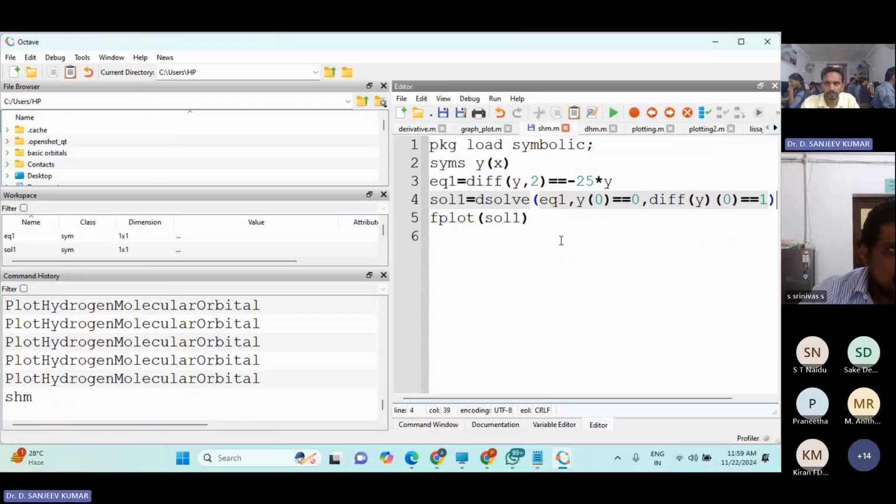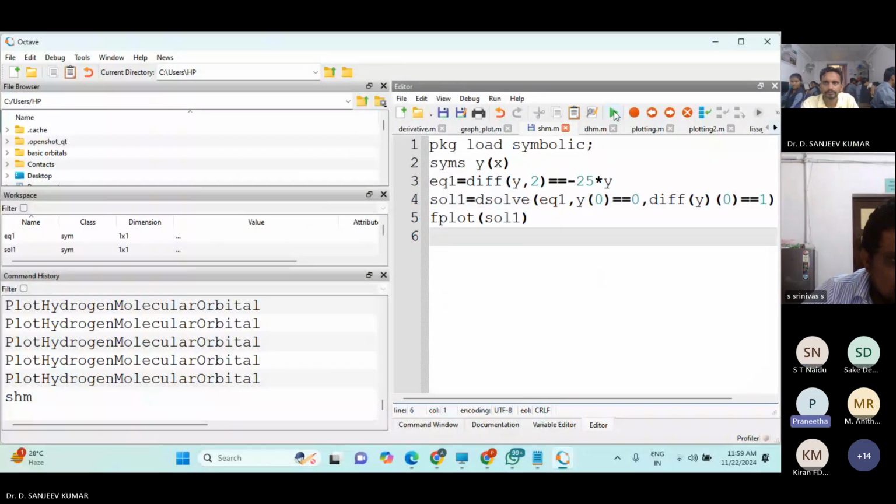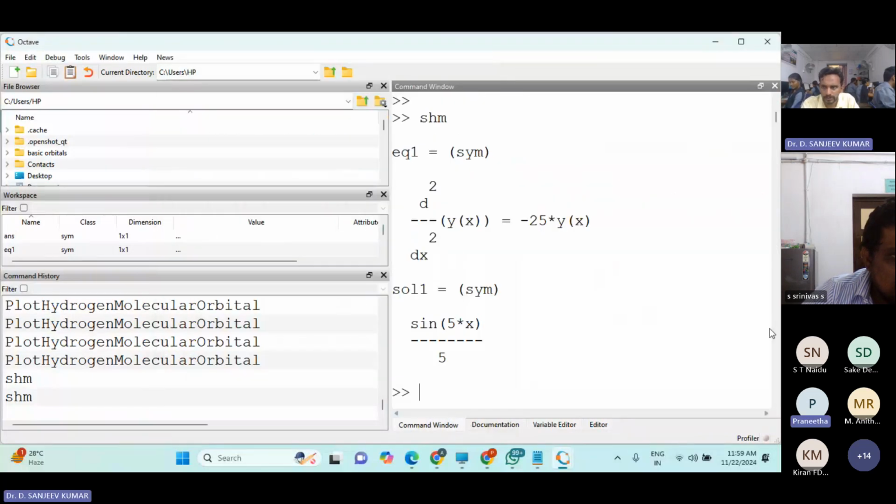I remove the semicolon and run the program again. For that, I close the plot. So I got a graph. So if you see,